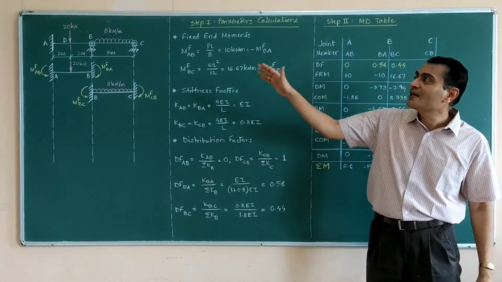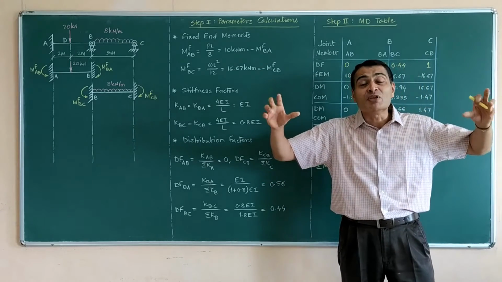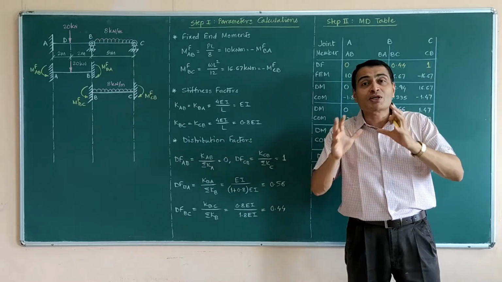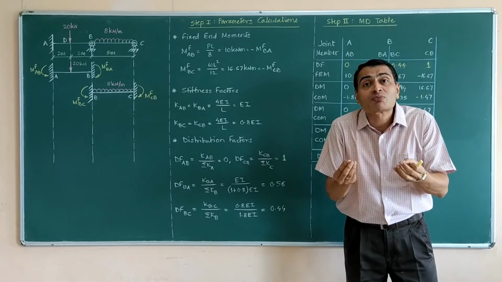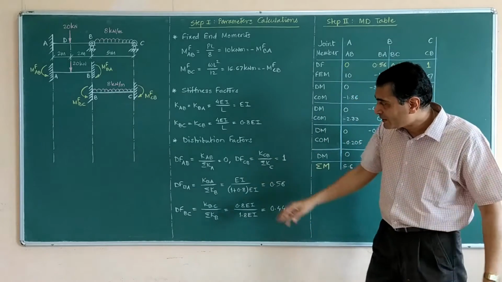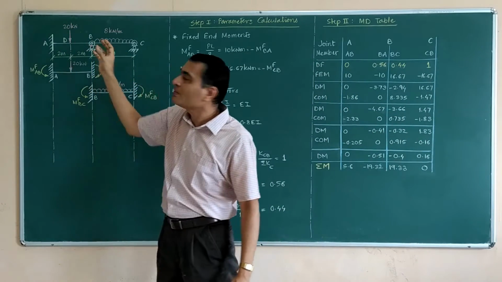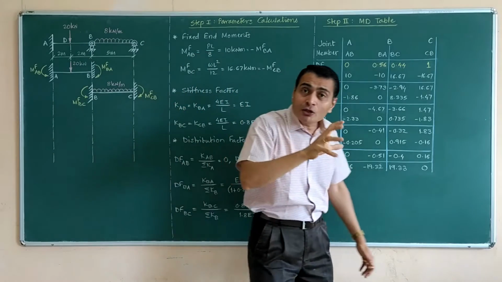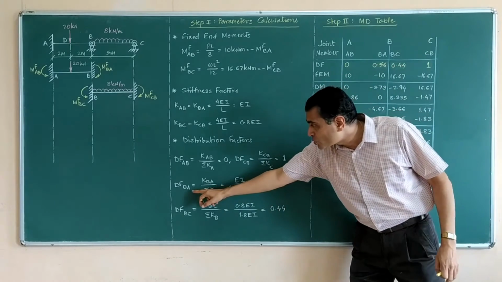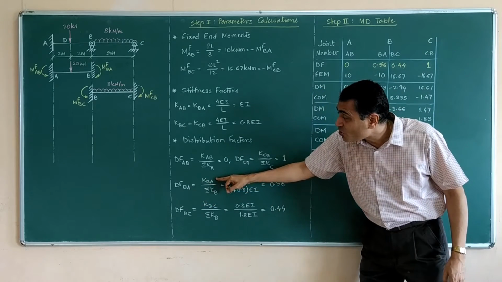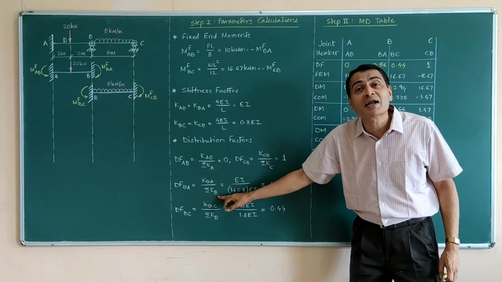And now we come to the interior hinge or interior roller support, where you have the continuity of that stiff, rigid beam material. That's why you have some kind of distribution, some kind of sharing in the absorption of the applied moment. So I am writing the distribution factor for BA. That means we are thinking about this particular beam at joint B. If I apply the moment, how much will be absorbed by member BA? So I am writing distribution factor BA is stiffness of BA upon stiffness of all the members meeting at joint B.